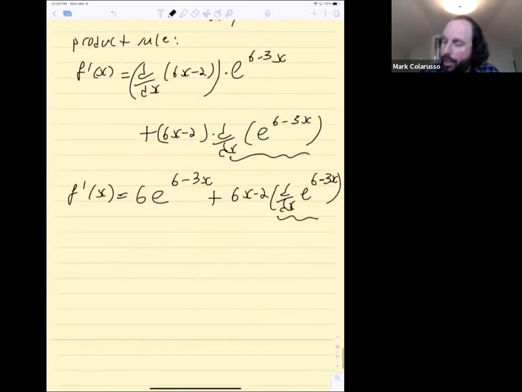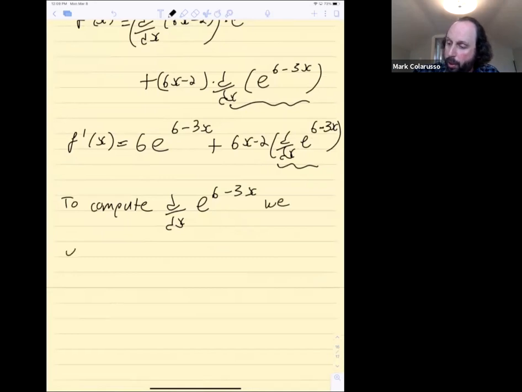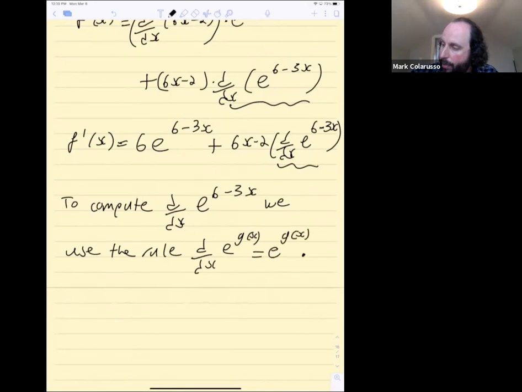And now for this guy here, we use this rule that we just learned, right? So to compute the derivative of e to the 6 minus 3x, we use the rule d/dx of e to the g at x is equal to e to the g at x times g prime at x. Okay, so that rule for differentiating the exponential of a function g at x, which we got with the chain rule. So using this rule,